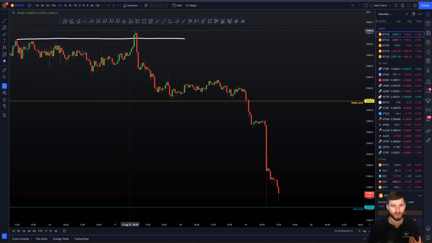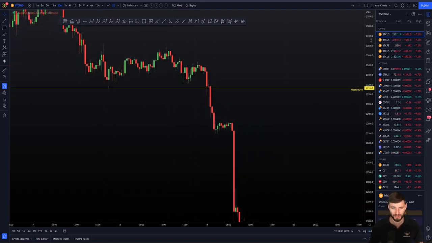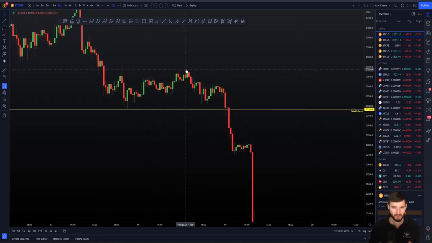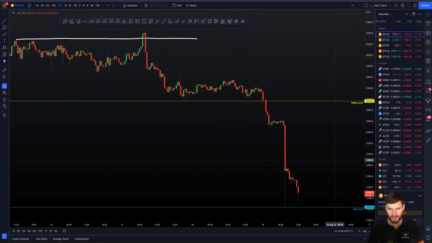We move up above the high, take some liquidity, drop back down, move back down towards the weekly, which was a key level of support. We actually got a perfect bounce off the weekly, which for me was a take profit on that short position. Then we saw another move to the upside, a rejection off the daily naked point of control, trend change off that daily naked point of control, retest of the weekly, loss of the weekly. Then you consolidate here around 22,800 before an extremely large move to the downside.